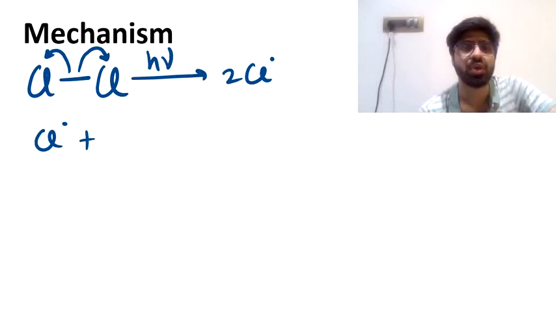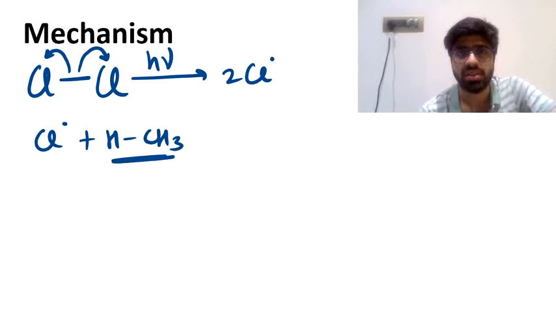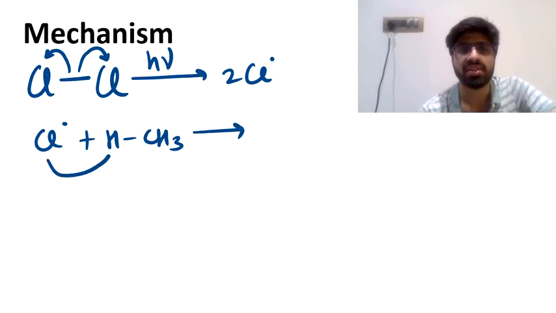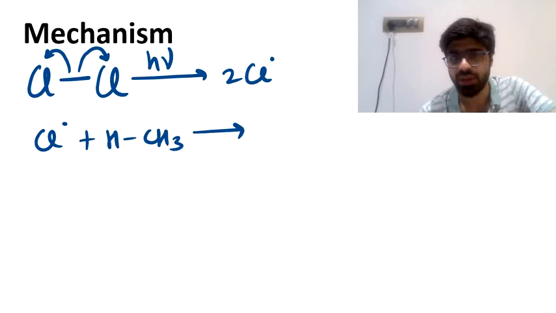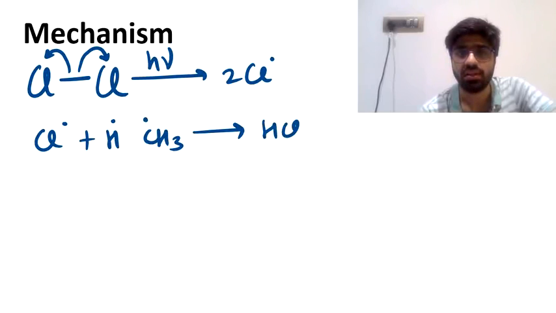The free radical of chlorine attacks the hydrogen atom of methane. Methane is CH4. I am writing it as HCH3. This chlorine extracts the hydrogen atom from here. And when chlorine extracts hydrogen, the bond between hydrogen and carbon will also break symmetrically. That is, one electron will go to hydrogen, one electron will go to carbon. H and Cl attach with each other, and that forms the HCl that was coming out, and CH3 free radical is getting formed.